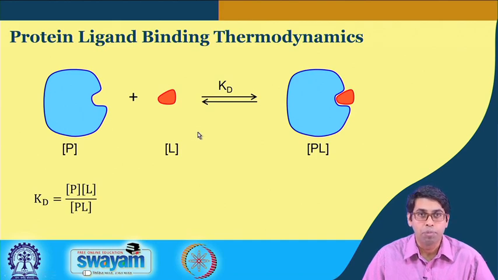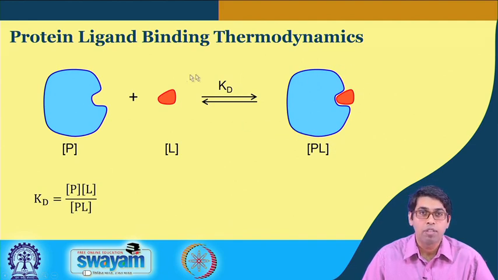So, here is a brief overview of protein ligand binding. This is a cartoon of a protein and this is a ligand. If it is a small molecule, it will look small like this. If it is another protein or a DNA or RNA, then it will be much bigger, almost the same size as this protein, or even bigger, because sometimes the DNA molecules that are used are much bigger than the proteins that we are looking at. So, this free protein binds to the free ligand, and what you get is a protein ligand complex.